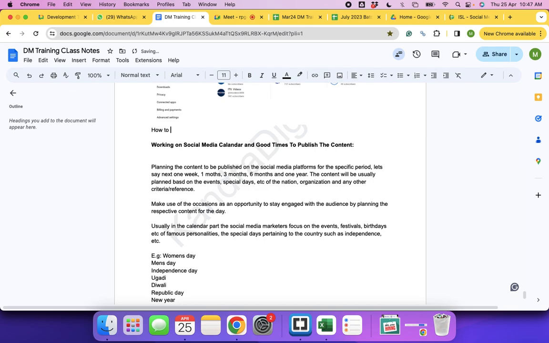Use appropriate hashtags. Research, and use relevant hashtags to your posts.